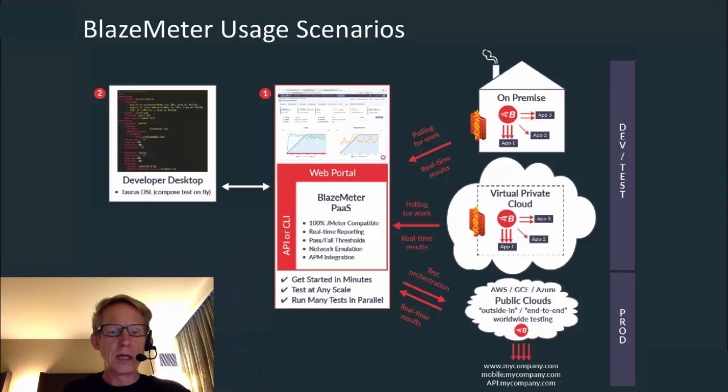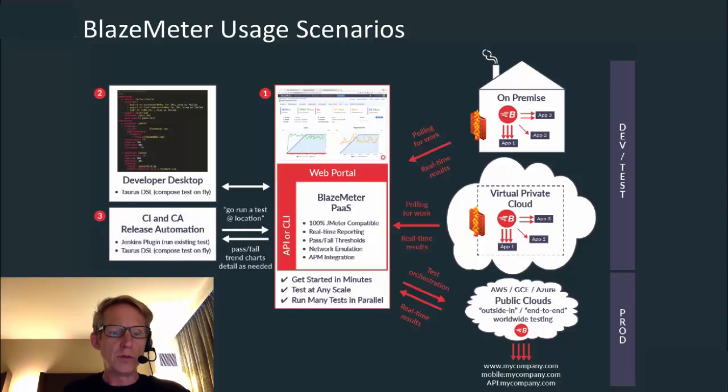You get the idea. Now, in order to do that automation, you need to have some kind of framework running this. And the beautiful thing about the Taurus DSL is that it can be run from any tool that has a command line interface that can shell out. Right? We also have support for plugins for Jenkins, for TeamCity, and there's an open source plugin for Bamboo. And plugins are great. They can do things like run a pre-existing test. But where the power comes in with the Taurus DSL is the ability to create a test on the fly